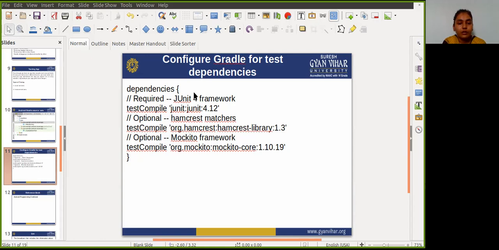Now we have to configure Gradle for test dependencies. To use the JUnit test API, you need to configure the dependencies for your project. The default Gradle build file of your project includes some of these dependencies by default, but you may need to add more for additional testing features such as matching or mocking frameworks.